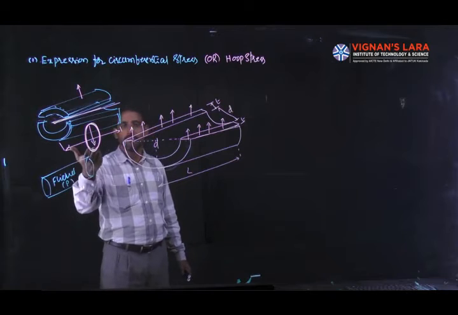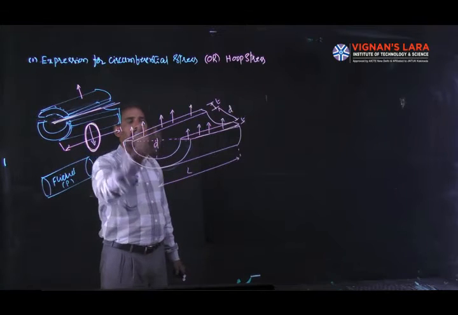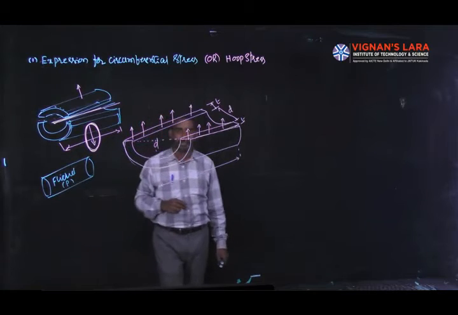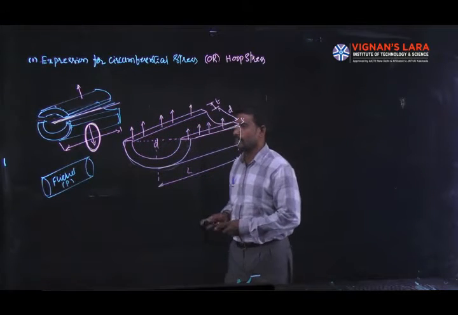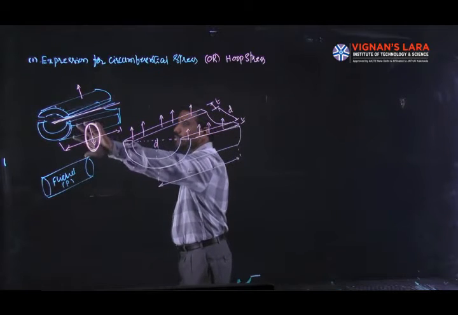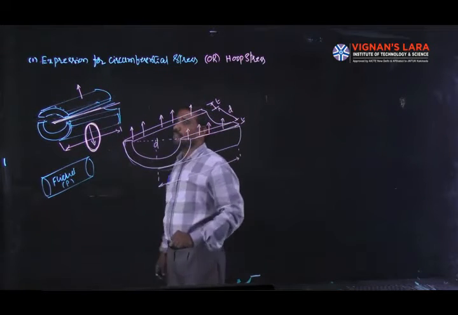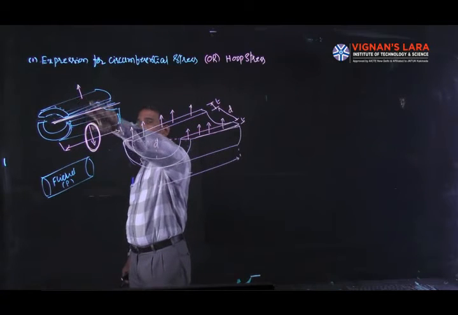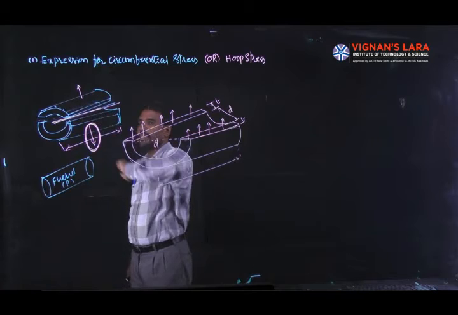Due to the fluid pressure, on which area is the stress acting? This is a very, very important point. If you observe the cylindrical shell, it tends to fail due to the fluid pressure, particularly circumferentially. So the direction of the force exerted on a cylindrical shell is tensile in nature.